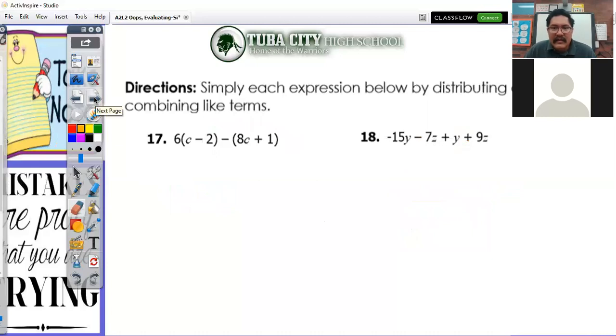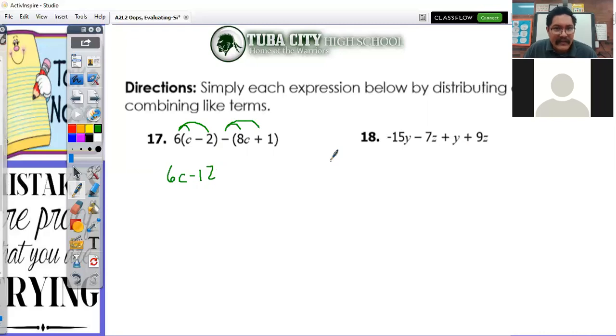Let's look at some of them that will be tricky. So this first one here is not too tricky. We just multiply both of the numbers in the group with 6. So 6c minus 12. Now this is the one that's tricky. If you remember when we were solving radical expressions, this was one of the ones I said, you gotta know what this is. And that is,